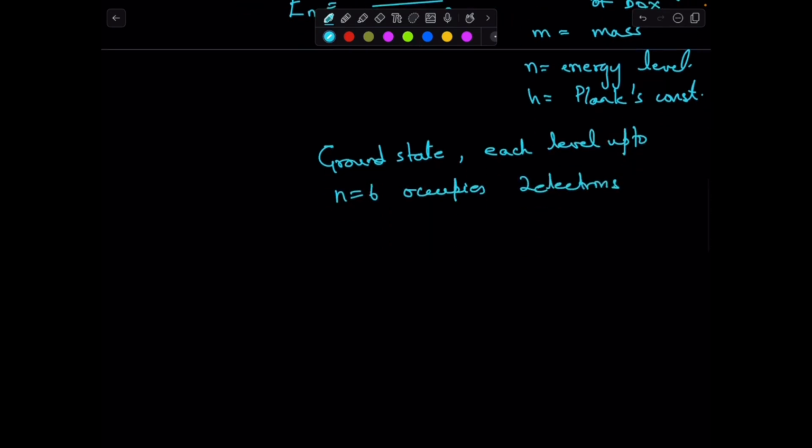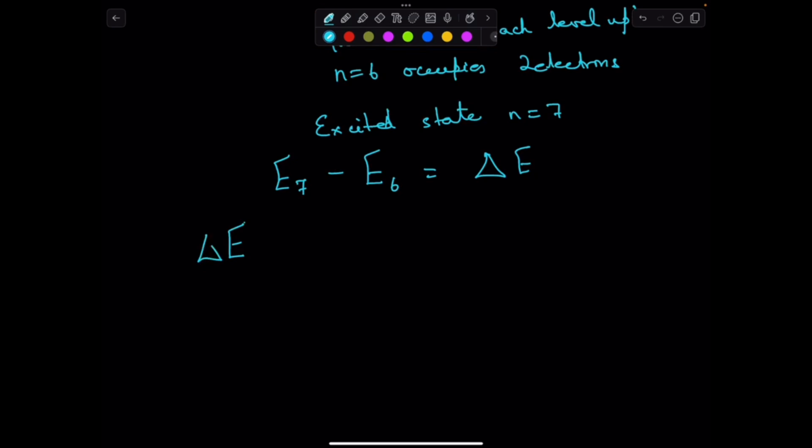The highest occupied level is n equals 6 in the ground state. In the excited state, n equals 7. So we have to find the difference in energy between the n equals 7 state and n equals 6 state. So delta E will be equal to E of n plus 1 minus E of n,